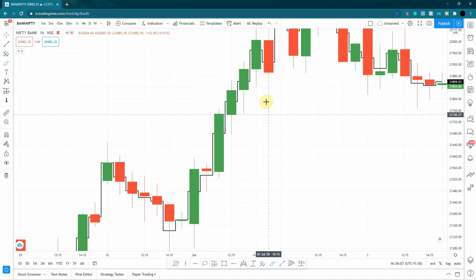So I hope you've understood how you're supposed to take your entries using the mean of the previous candle. Now this system works for the daily, weekly, 4-hour, hourly, 15 minutes, 1 minute, and even the seconds chart. So no matter what type of time frame you use, this system works everywhere.